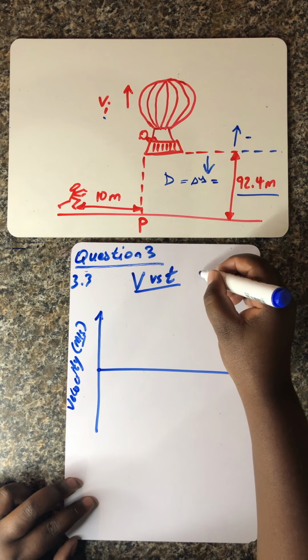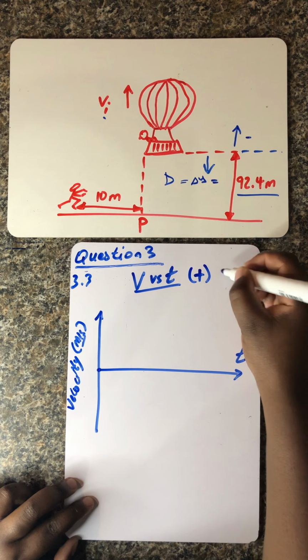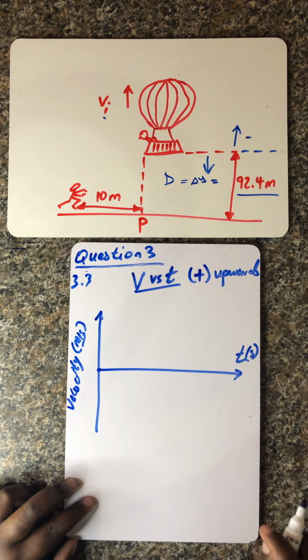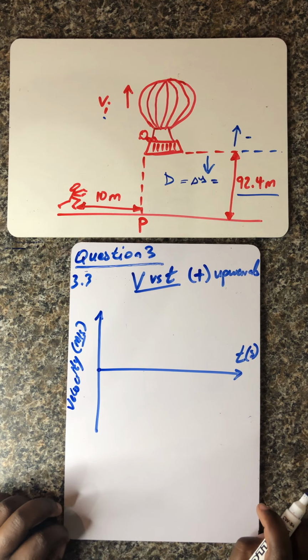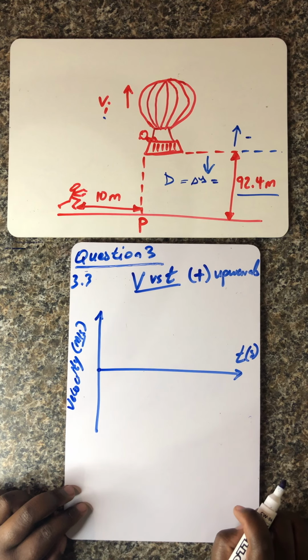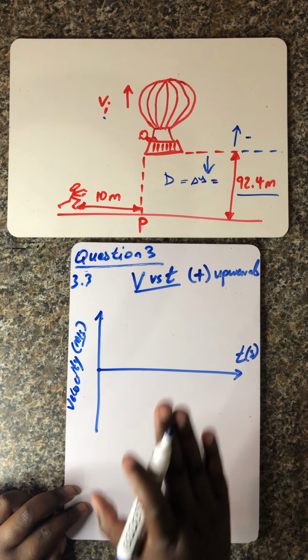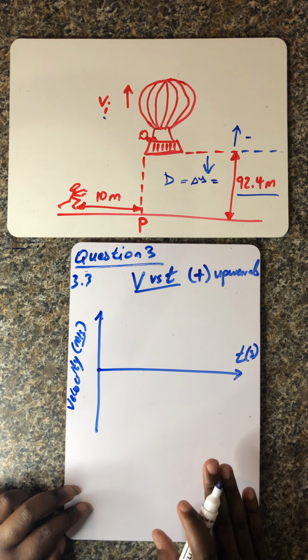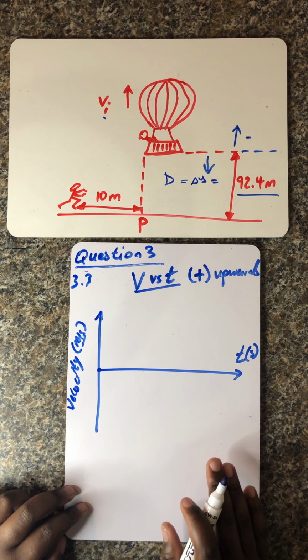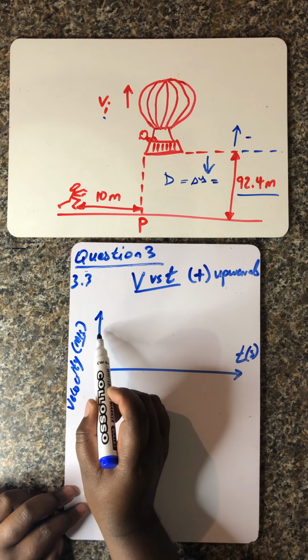Can we just start maybe by assuming positive to be upwards, ladies and gentlemen? So that means this graph will represent the scenario where that object goes up and the upward movement is positive. Very much important, ladies and gentlemen, remember this object